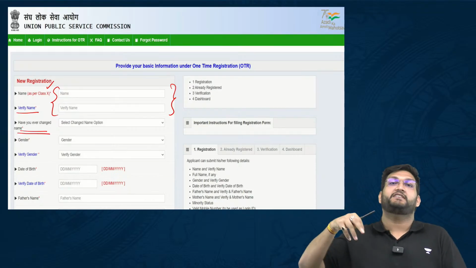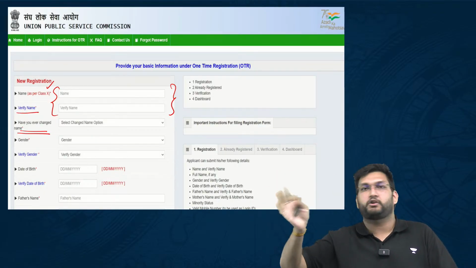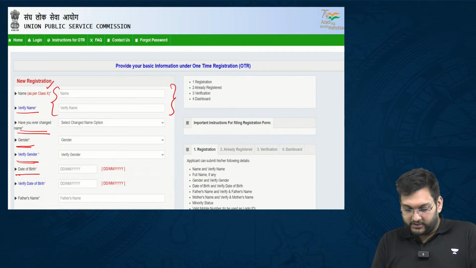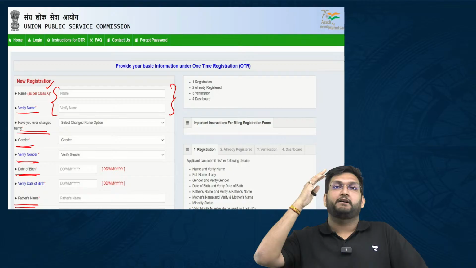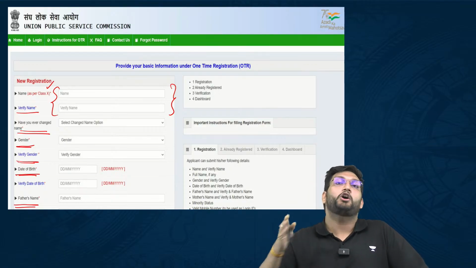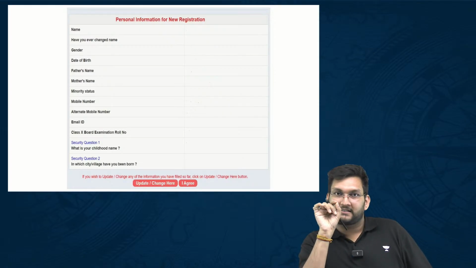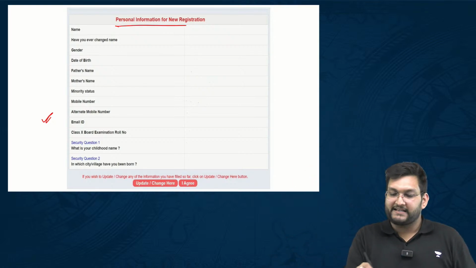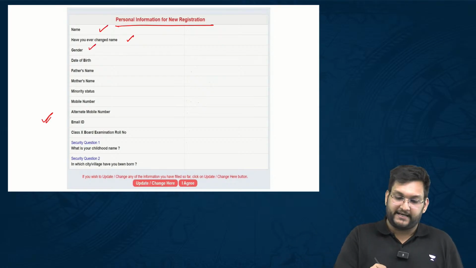Then it will ask you, have you ever changed your name after 10th, in the process of marriage or anything else? Then it will ask you your gender. That too will be verified. Then your date of birth, father's name, mother's name, everything will be filled up twice so that you don't fill the wrong details here. Once you fill up this whole form and click on submit, it will take you to this portal, and it will say, please verify this information. It will give you your name, have you changed your name, gender, date of birth, father's name, mother's name,